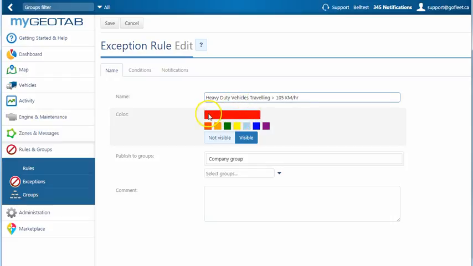From there, I can select a specific color that I would like this specific rule to show up on the map. So I can select a different color than red, which is the most common chosen color. So I can choose in this case a purple. Yes, I would like this rule to be visible on the map. As we saw in our previous video, the system has highlighted that specific infraction in a different color on the